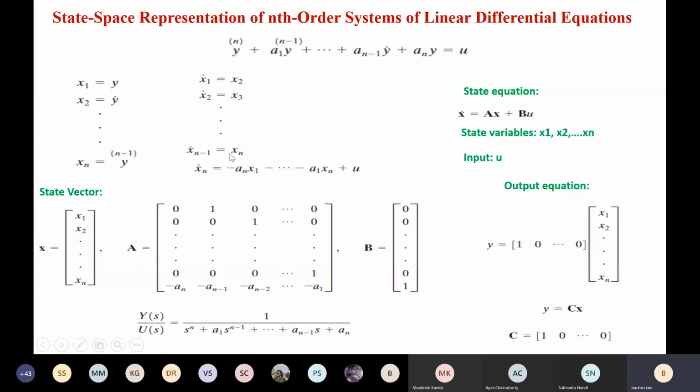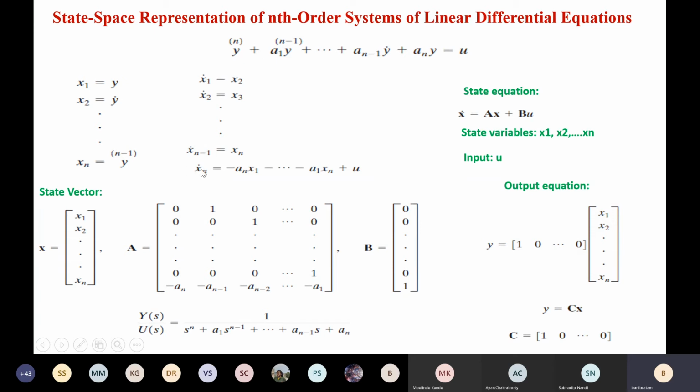where you can easily understand that up to this second last line, only x1 dot equals to x2 in that form it is present, because only one variable on the left side, one variable on the right side. So that's why in this A matrix, from equation 1 to equation n minus 1, all will be having only one term as 1, other terms will be 0. Fine. And in the last term, xn dot is nothing but yn. So basically yn I am writing.